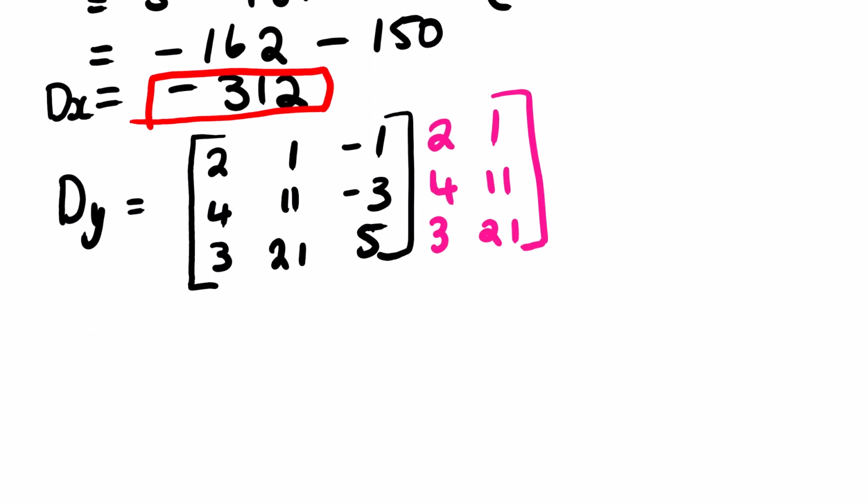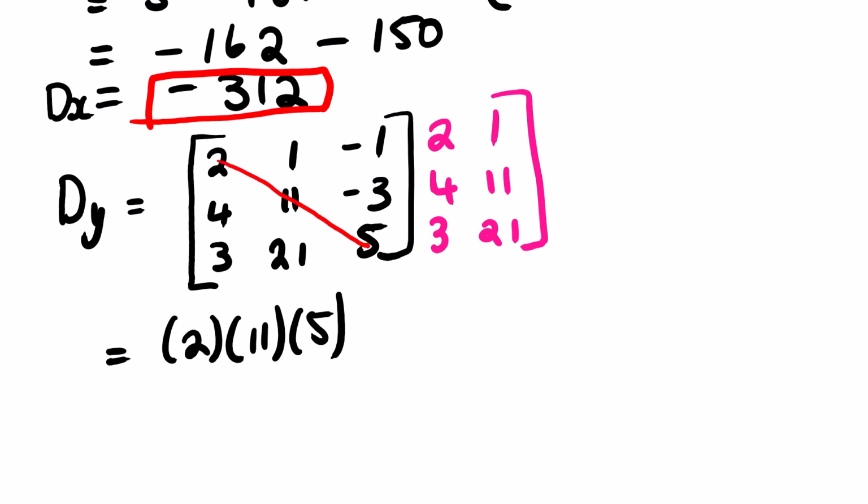Remember the first diagonals. So we have 2, 11 and 5, our first diagonals, plus 1, negative 3 and 3, second diagonals,